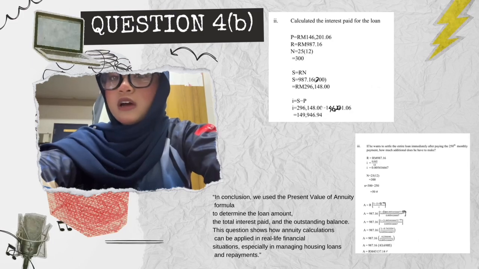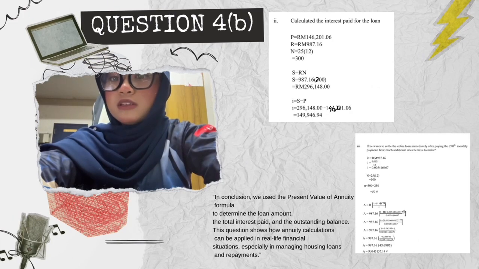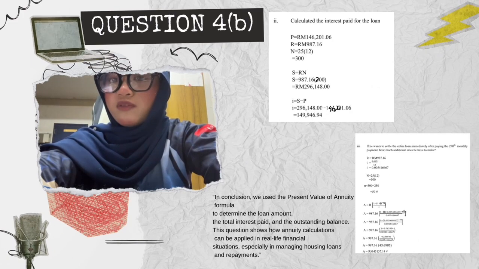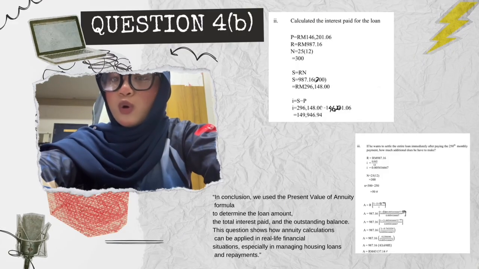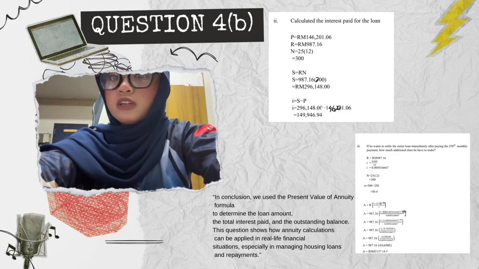Question number 4b3. For this question, Sulaiman wants to settle the loan immediately after making the 250th payment. First, we determine the number of payments remaining. We subtract 250 from the total of 300 payments. Therefore,